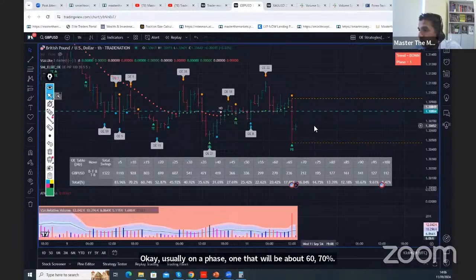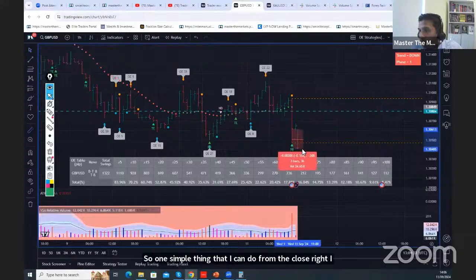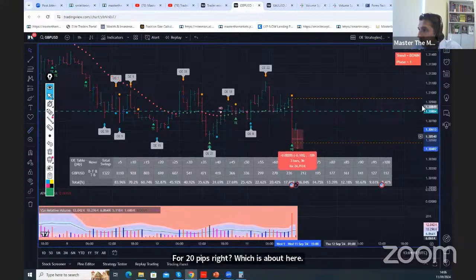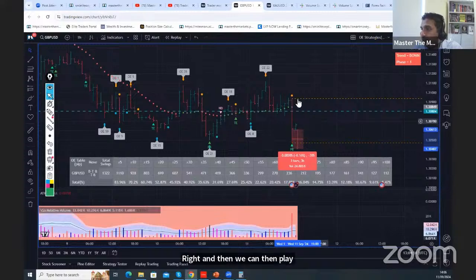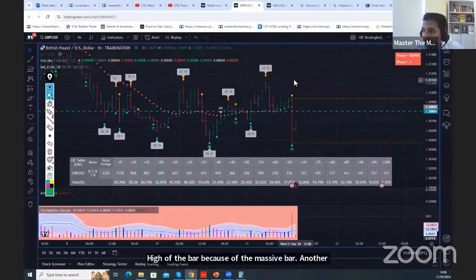So one simple thing that I can do from the close, right, I can put my target for 20 pips, which is about here. Over there, let me just get that number, 130.40, right? And then we can play it accordingly in terms of our trailing stop loss mechanisms, okay? And the stop loss being the high of the bar because of the massive bar. Another thing that I can also do before I come to that, where to place the stop loss strategically,